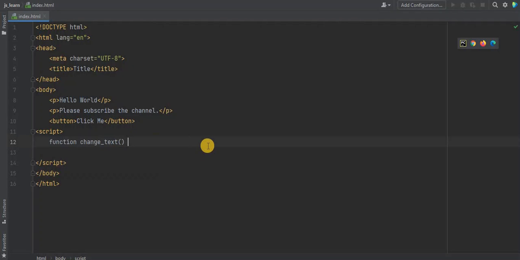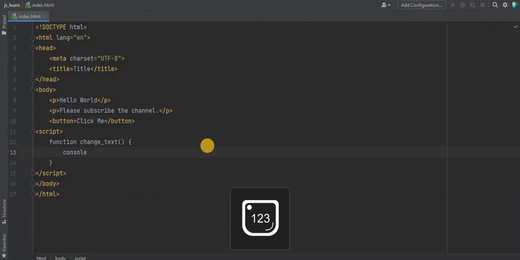And after this parenthesis, curly brackets. So in the curly brackets, I am going to write what the function does when called. For now, I will write a console.log, hello world.